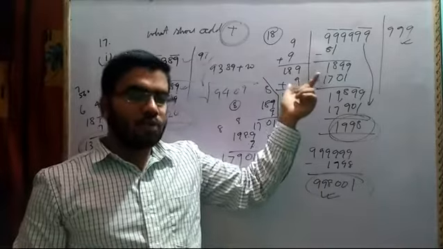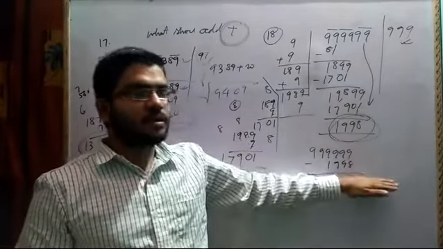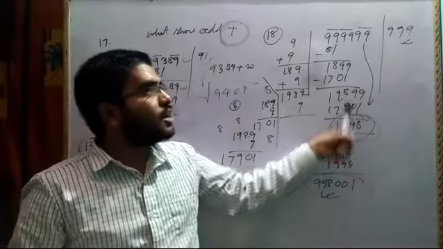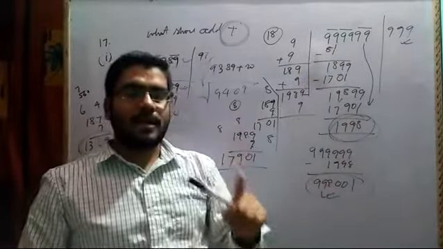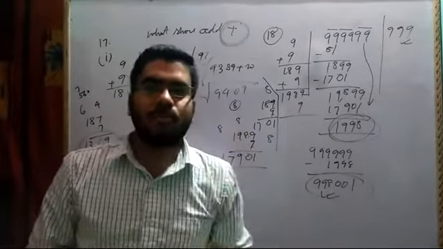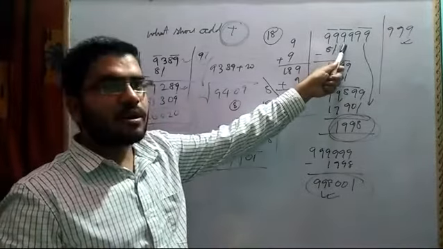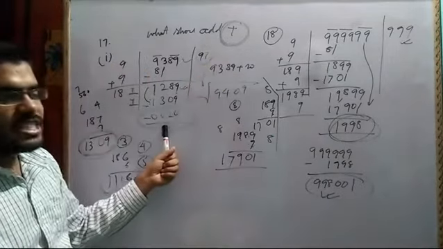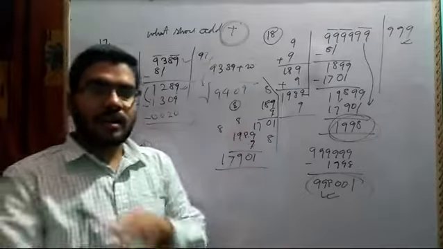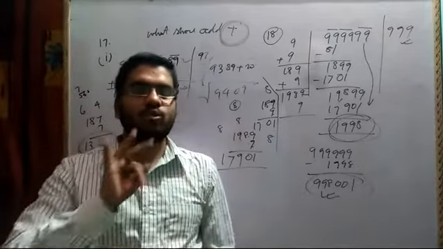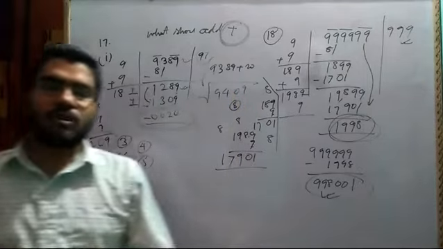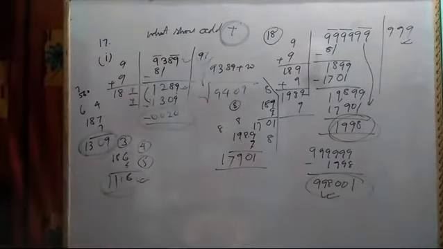For the number to be maximum, you have to subtract. When you have the greatest number, then whatever extra number comes, you have to subtract. Keep this in mind. These small things you have to remember and memorize. When we have the greatest number, we have to subtract whatever comes here. When we have to add, we have to exceed a bit. When we have to subtract, do normal long division. Keep these 3 points in your mind, and I hope you all will be able to solve this type of problem with a very convenient method.